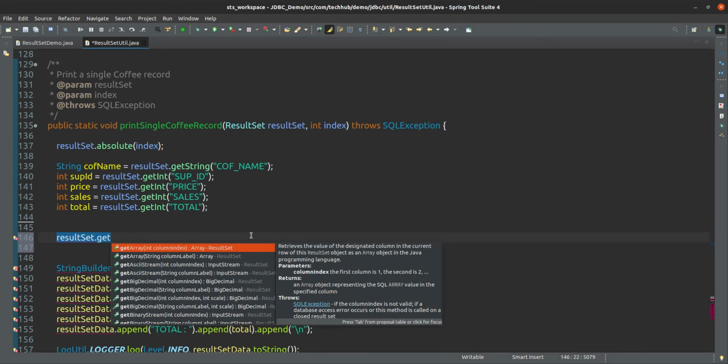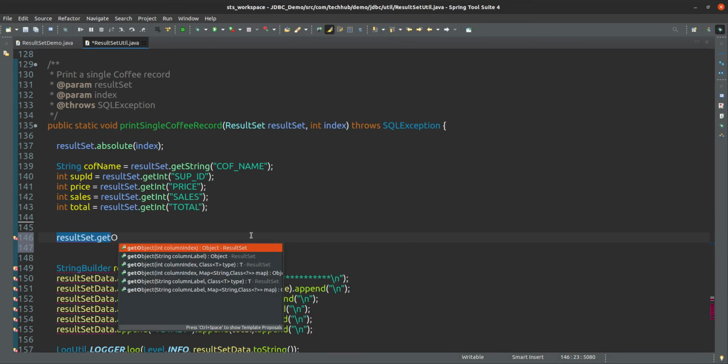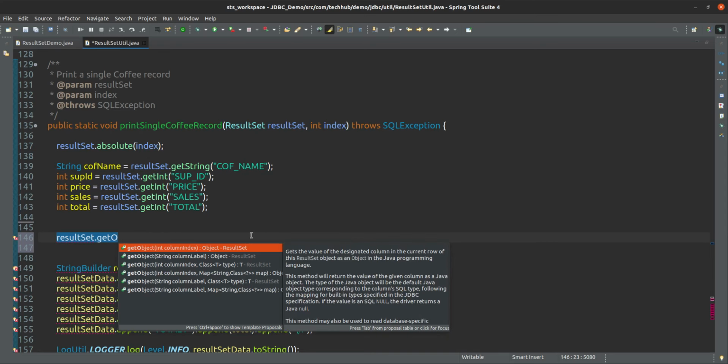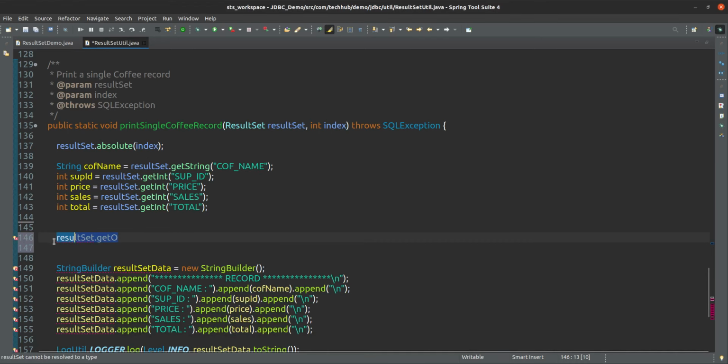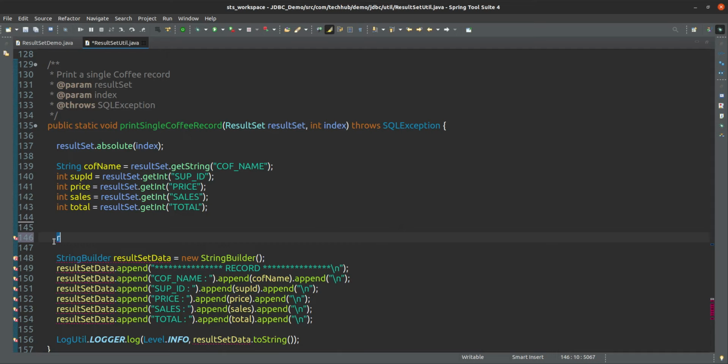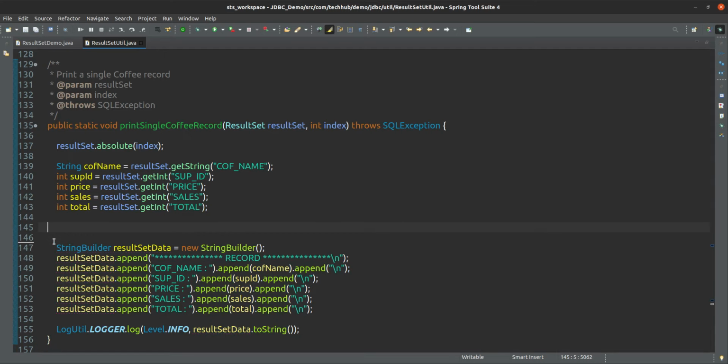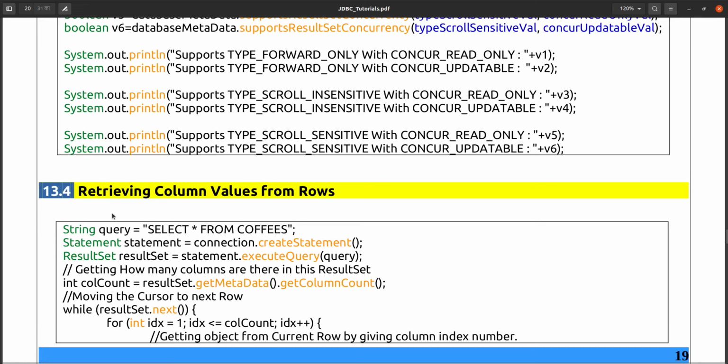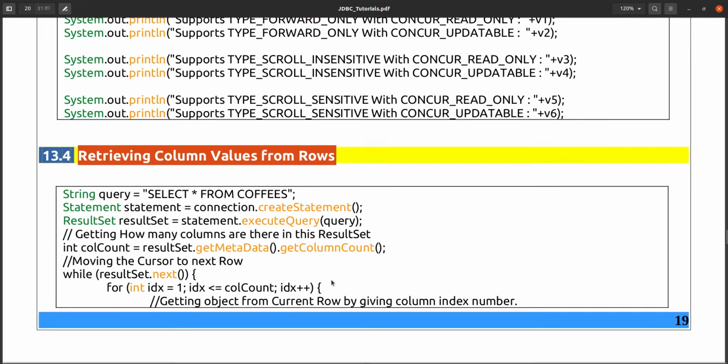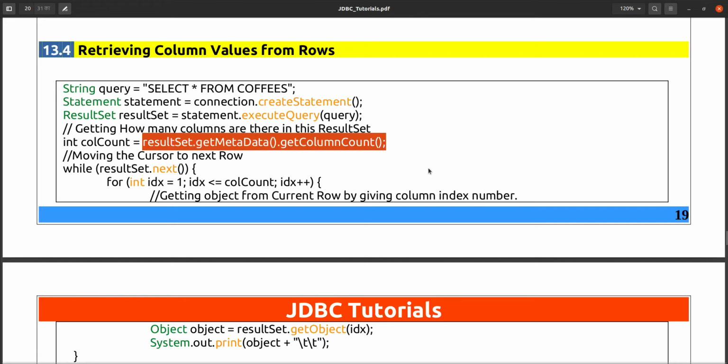If you don't know exactly what type, then use get object, and it will return whatever the type is. But you have to give the column index or column name, either one. In this way we can get the value from the result set.